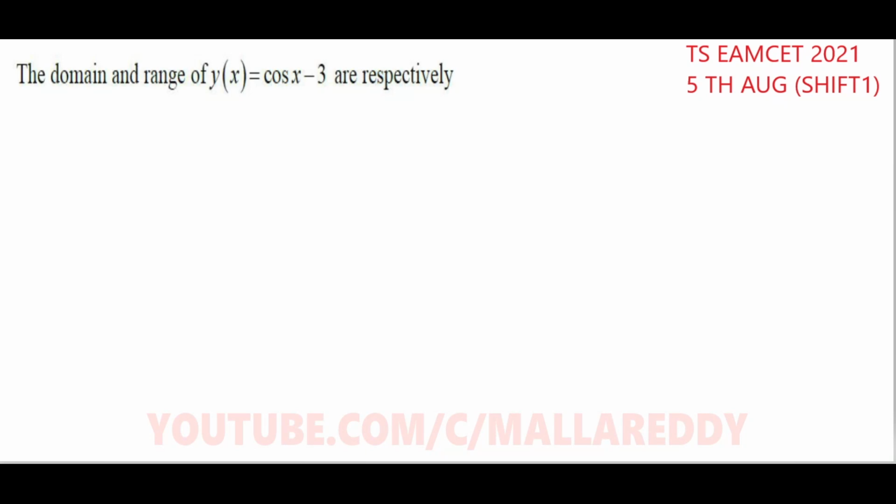The domain and range of y(x) = cos x − 3 are, respectively... Here the given function is y(x) = cos x − 3. We know that the domain of cos x is R. So the domain of y(x) is equal to R, and for the range, we know that